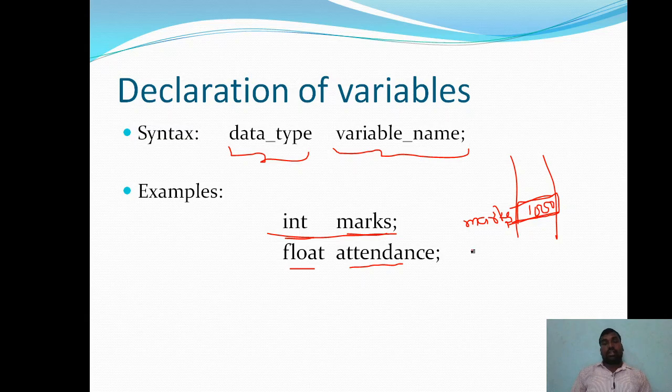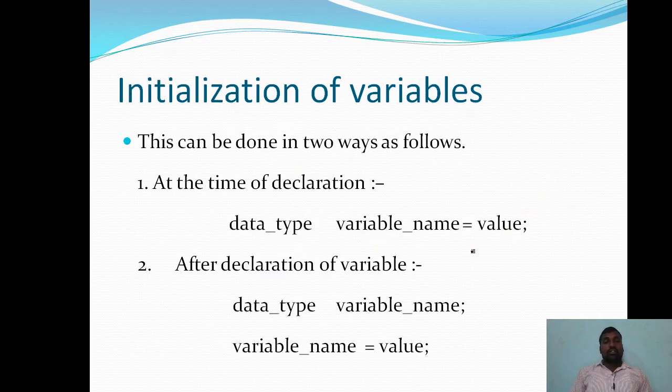And next, initialization of a variable. Initialization of a variable is nothing but giving some value, that is, storing some constant value of that particular type in the variable. It means we are going to store some value in memory. That can be done in two ways. One is at the time of declaration, while declaring the variable with the help of the syntax, which was already discussed in the previous slide.